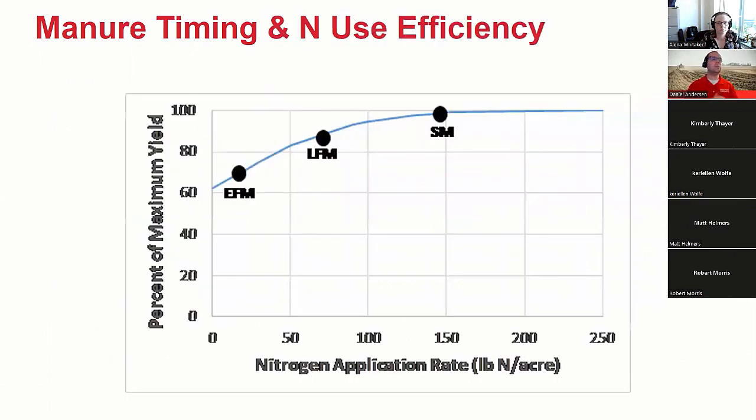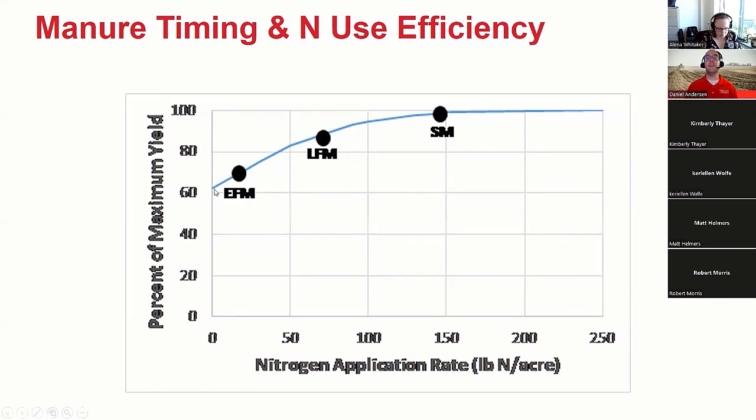And I wanted to look at that just one more way here real quick. And that is, if you take that maximum return to nitrogen, it plots out a yield curve for you. And that blue line is essentially that yield curve. Now, I put all my nitrogen on at a rate of 150 pounds of nitrogen available in the spring. But if you think about how much corn I was able to generate from that late fall manure, essentially because of timing issues, it looks like I only took advantage of 75 pounds of that nitrogen application, as I was only able to get to roughly 87 to 90% of that yield that I would have achieved, presumably, if it would have been a spring manure.